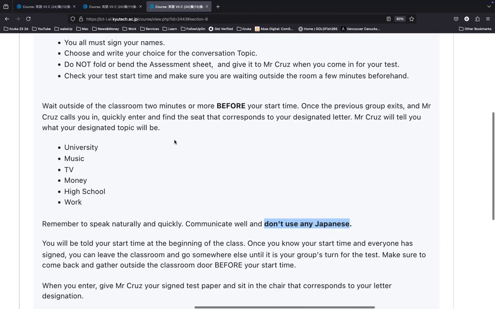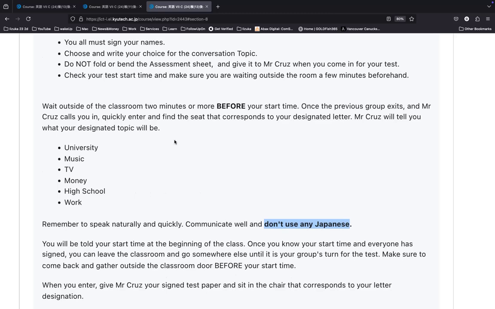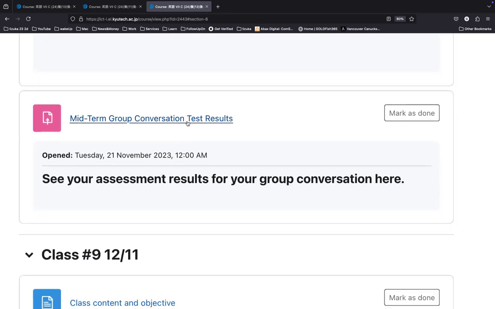I don't have to explain much more because there's only one group, so a lot of the arrangements we don't have to worry about. We don't have to worry about the schedule. But I will give your results here. After the class is over, maybe by tonight or so, I'll put your test results here, and you can check your group conversation results when you check this assignment. Otherwise, we're going to be spending most of the class going over the last parts of the things that you need to be able to do a group conversation.